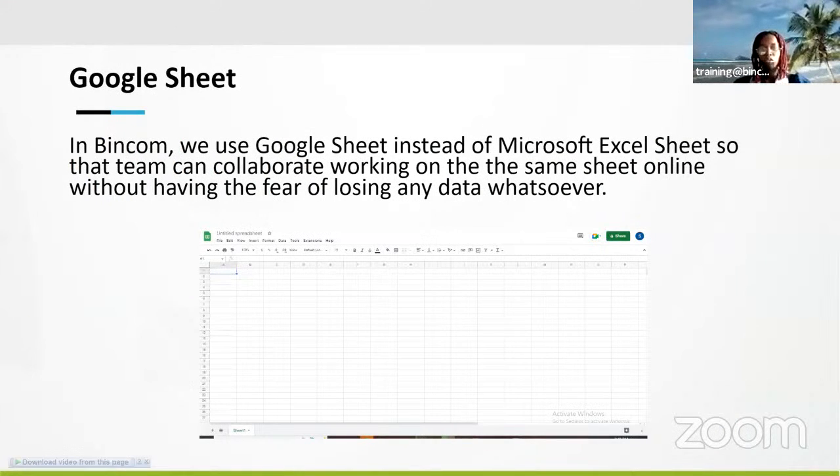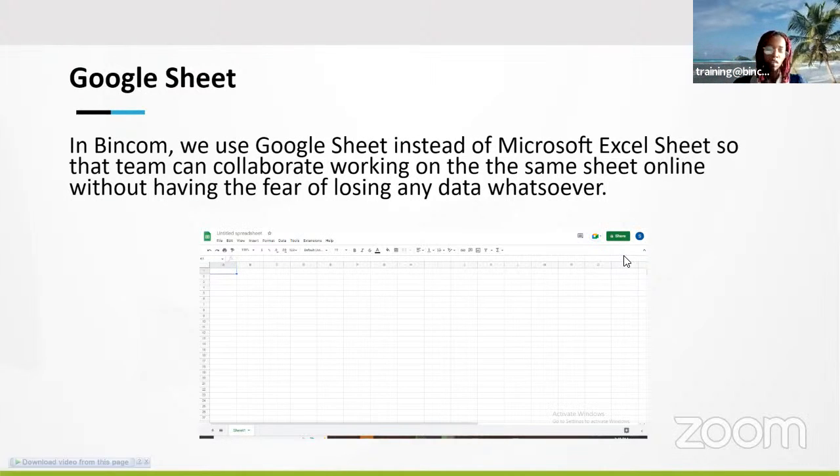So this is how the Google Sheets looks like. Remember I said it's for data log and all of that. We also use this as an extension as part of the mail merge app as well, which is something that we'll be seeing very soon. So this is how it looks like. You can see this button here is where you actually share this document with whoever you need to share these documents with. But we'll still talk about this moving forward.